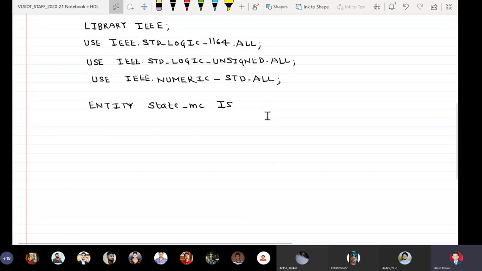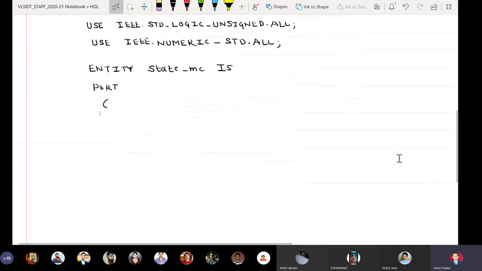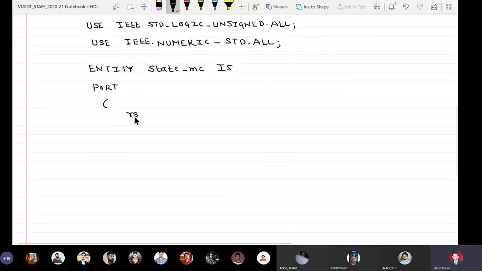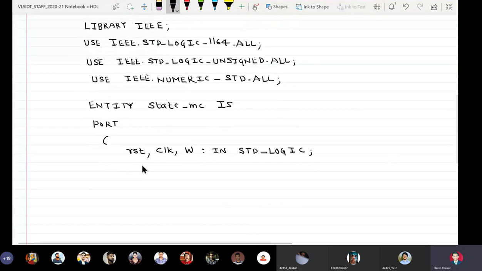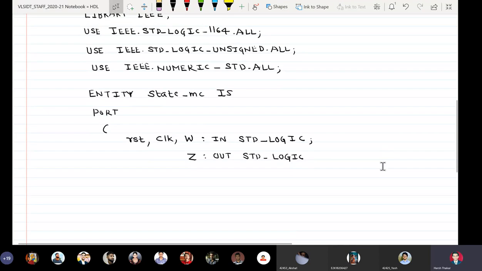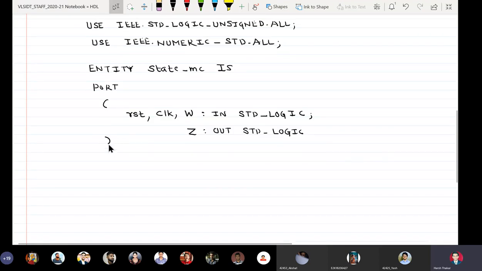Entity space entity name is port, opening parenthesis, and we will follow the power hierarchy, that is RST comma CLK comma W. So all three input signals are mentioned in the same line separated by commas, and our system has only one output Z. So we'll write Z colon out std_logic, and it being the last signal, we are not going to put a semicolon.